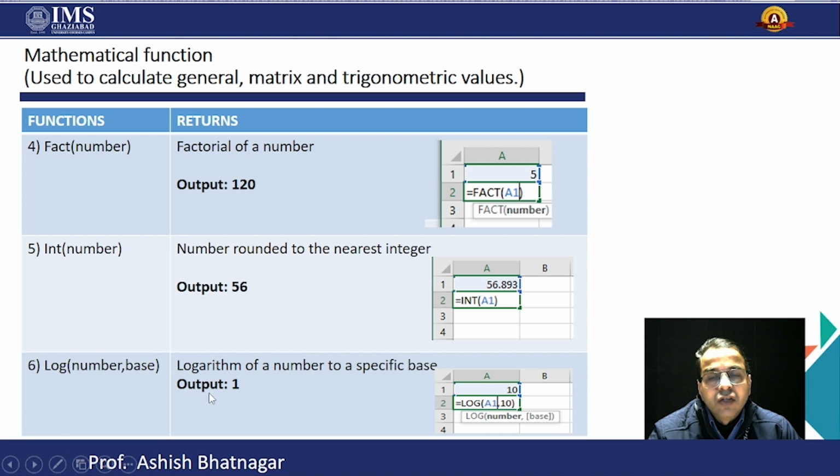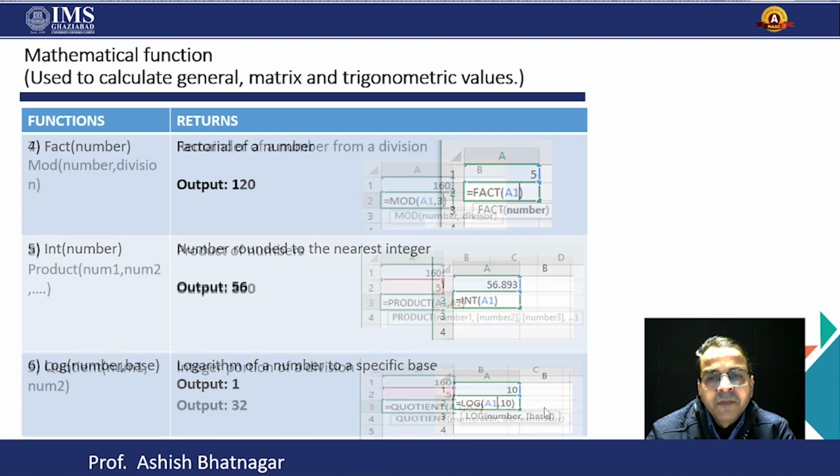So mathematically you have to do something else, but in Excel you just define the formula equal to LOG(A1, 10). A1 cell contains the value 10, comma, 10 is the base value. As you are seeing, the syntax of LOG is number, comma, base. So this is a very important and very interesting formula. Next one is